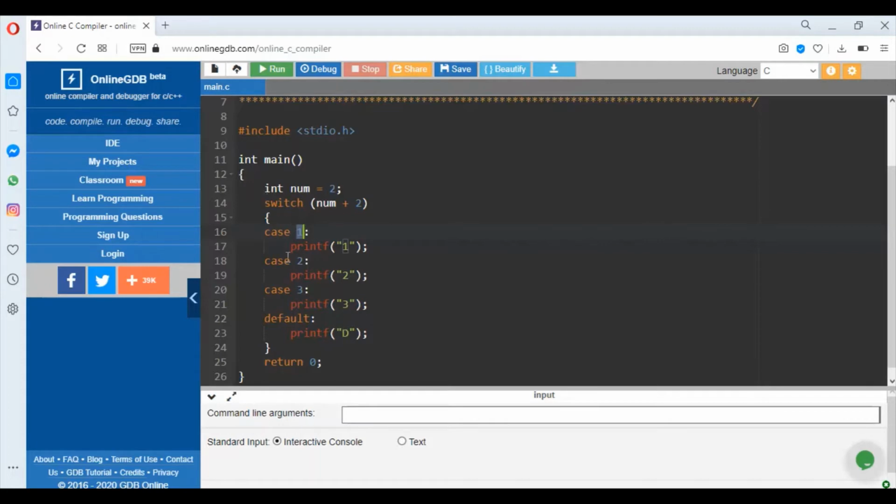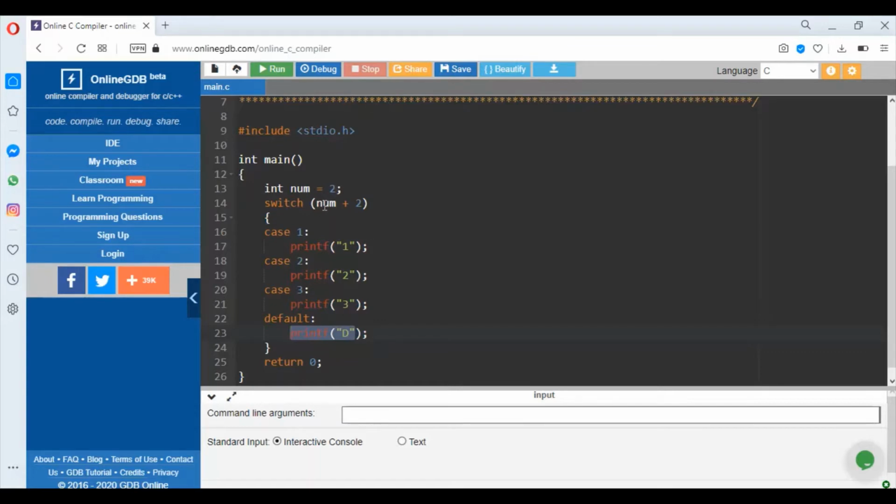So here 1, 2, 3 are all labels, and this statement printf 1 belongs to this particular case. This print statement 2 belongs to case 2, and this printf 3 belongs to case 3, and this printf D belongs to this default case.